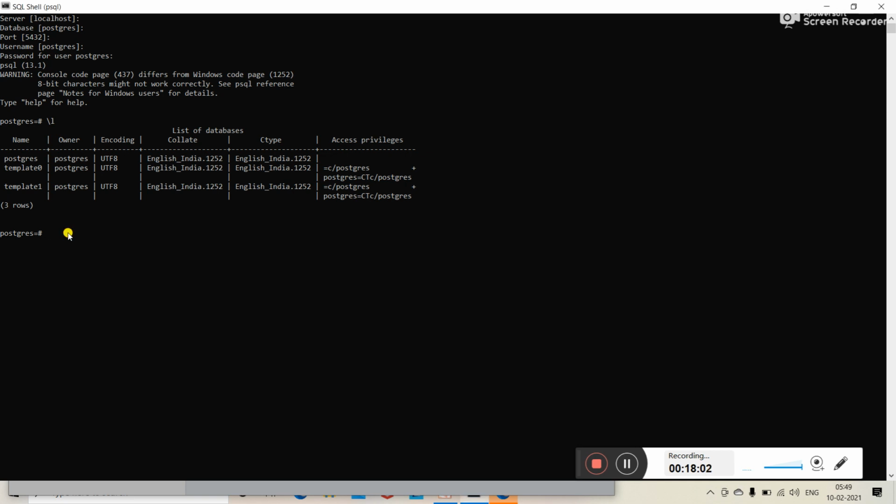Now after that, the second step is to create a new database. How to create a new database? To create a new database, we require a command CREATE DATABASE. After the create database command, you need to write down the database name. Okay, for our example, I'm going to create a database with the name student, that is stud_db. Okay, this is my database name which I want to create. Then enter semicolon and press enter.